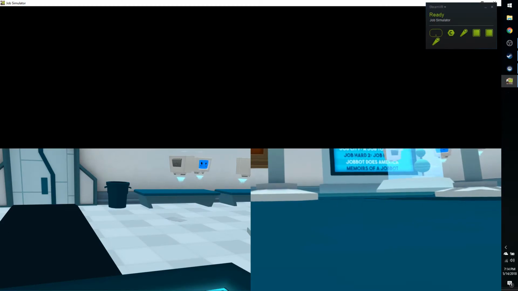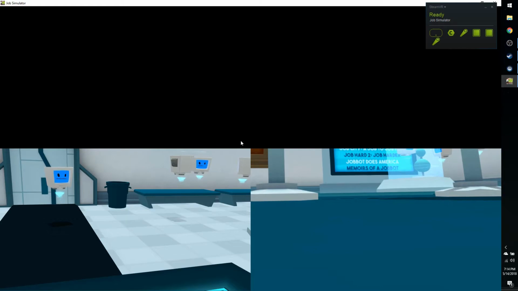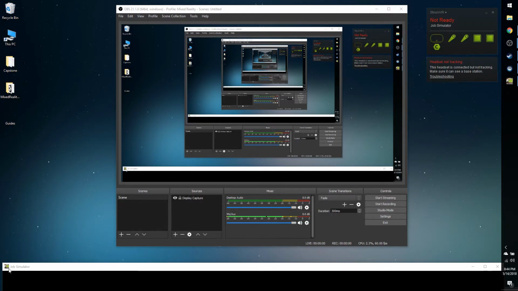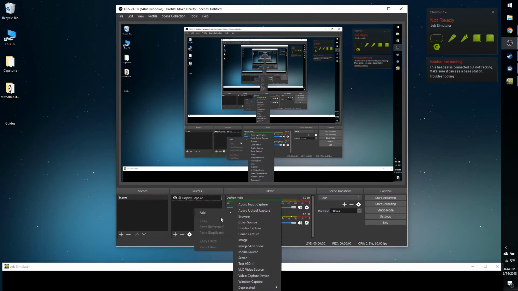So now that we have these different quadrants displayed, it may take a while for them to pop up fully, and sometimes you might have to restart the game to actually get all of them to pop up in the right place. And to do this, we are going to crop out this bottom left corner right here. Okay, so now what we're going to do, we're going to drag our game window out of the way, and you're not going to want to minimize it because it won't show up in your finished product if you do that. So you're going to open broadcast software, and you're going to right click and go to add and then